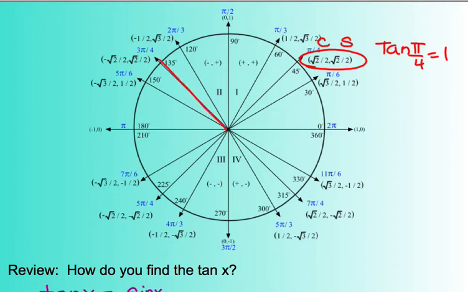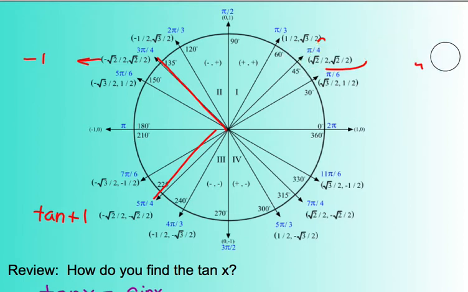So here's your reference angle of 3 pi over 4. Its tangent in the second quadrant is a negative 1. Here's your reference angle. The tangent, in this case, would be a negative divided by negative, makes it a positive. So you'd have a positive 1. All right. The next thing I'd like to do is focus on the next reference angle of